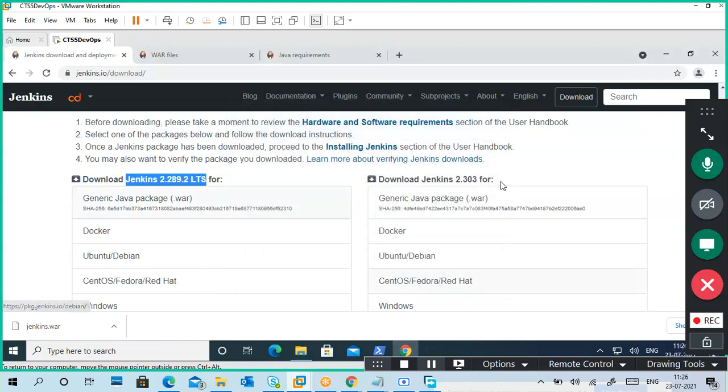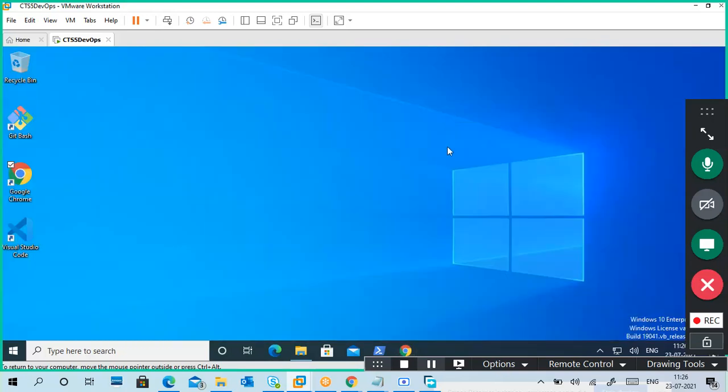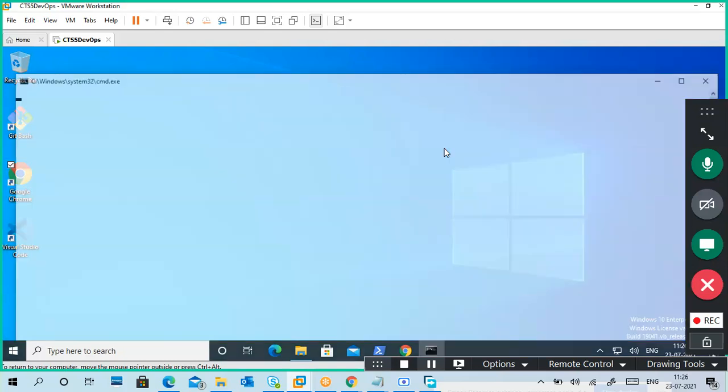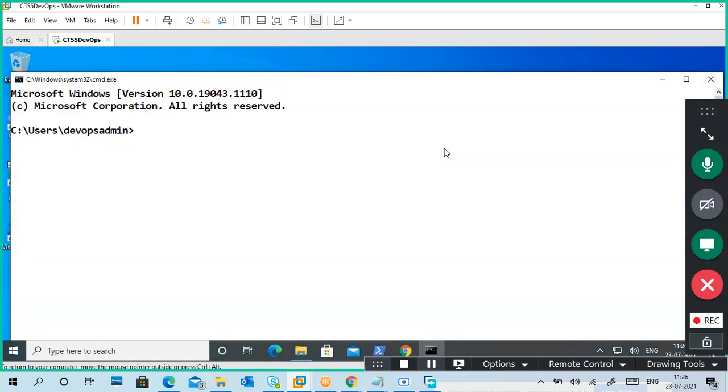Now Java installation is completed, but we have to check whether it is really installed or not. So I'm going to CMD, to test whether the Java commands are working or not.